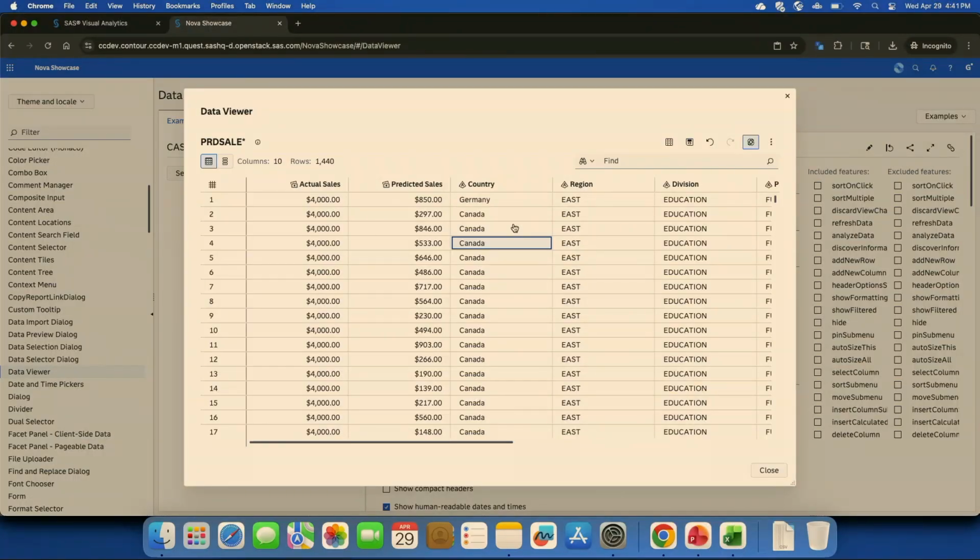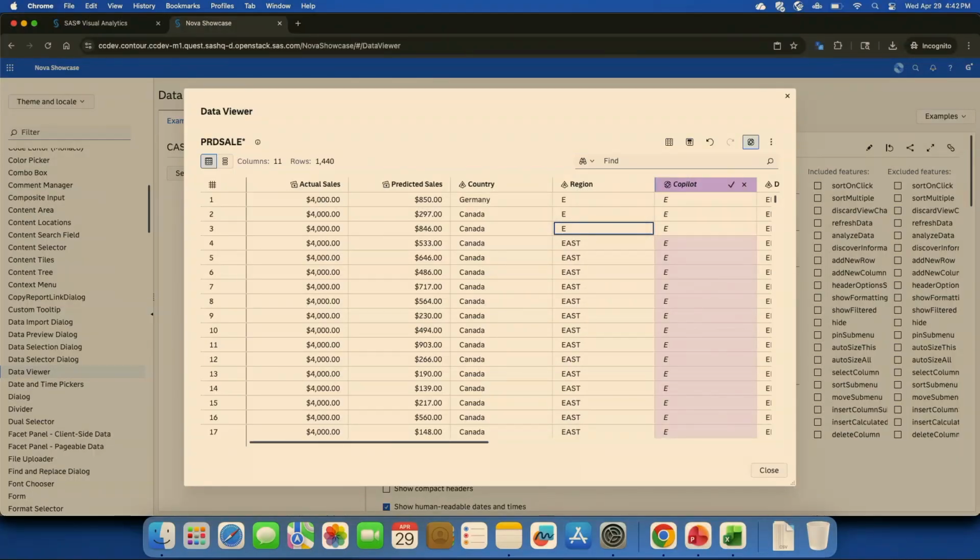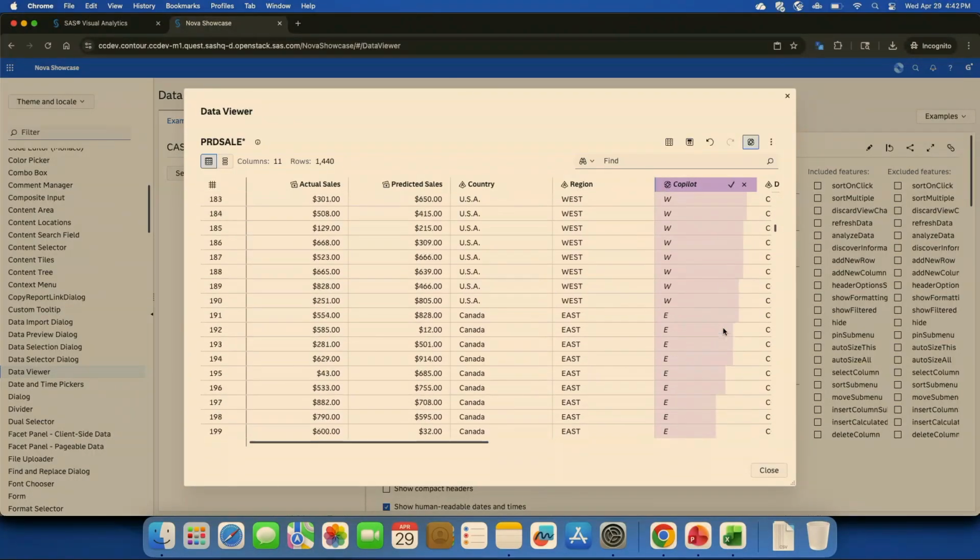We're feeding this prompt into an LLM so that we can generate a wide variety of different predicted edits. It's the same as if I just go in here and I start typing E for East. It's going to go off and try to predict what the future changes to those values are as well.